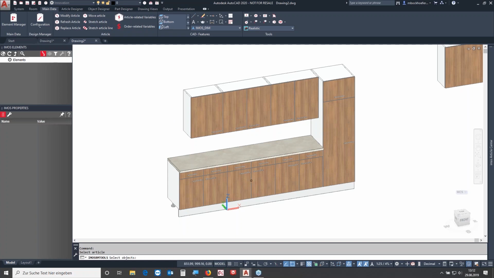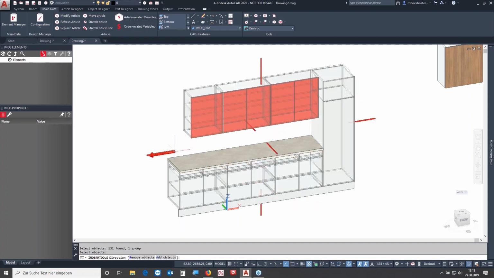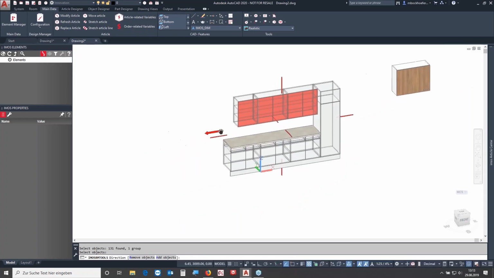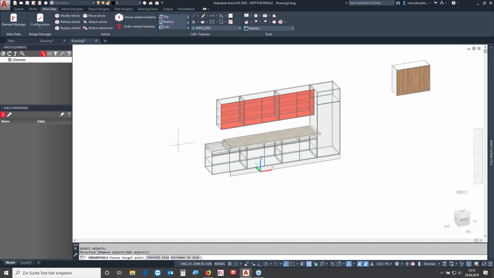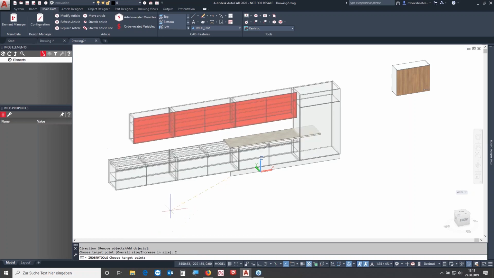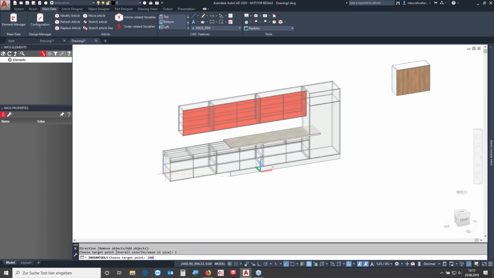So if I just select this one in the middle here and I apply it with a right click, then I get these arrows for the whole article line. So the whole article line will be stretched, but the only article that will change in dimension will be the one that I selected. So if I say I want to increase it in size by 200, for example,